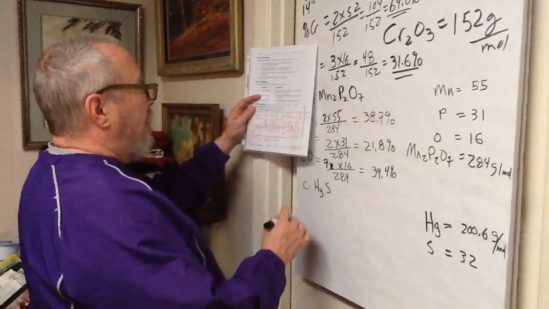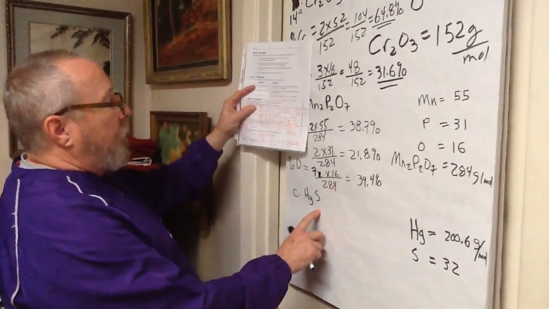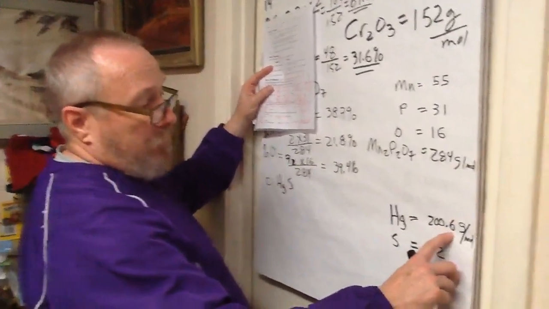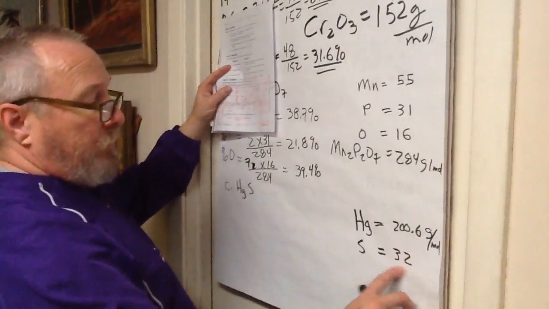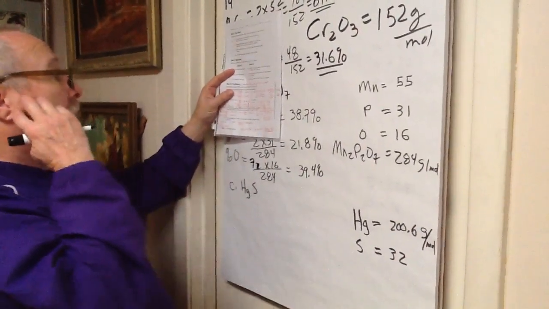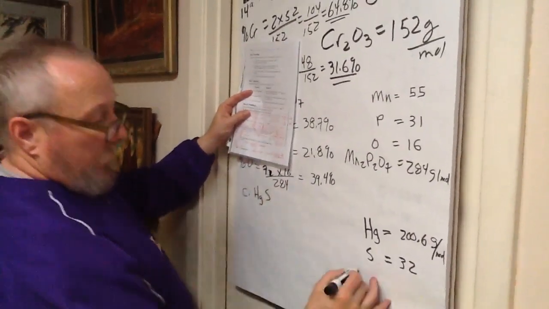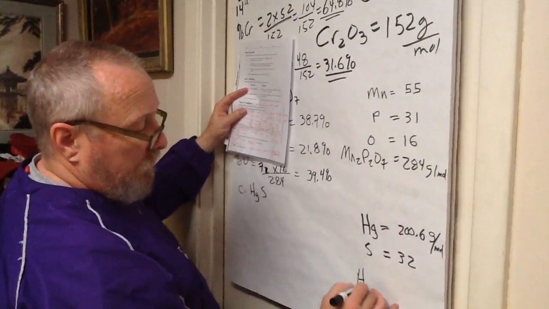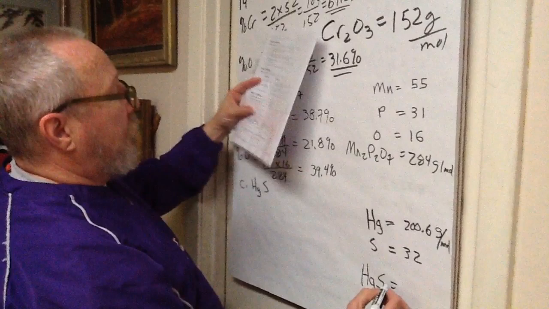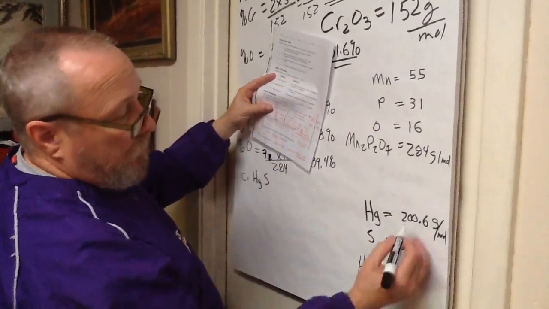So quickly, mercury sulfide, mercury to sulfide. Mercury is a very dense, very heavy metal, 200.6 grams per mole. Sulfur is fairly light, a non-metal, 32 grams per mole. There's 1 atom of mercury and 1 atom of sulfur in it. The entire compound, mercury sulfide, has a molar mass of 200.6 plus 32,